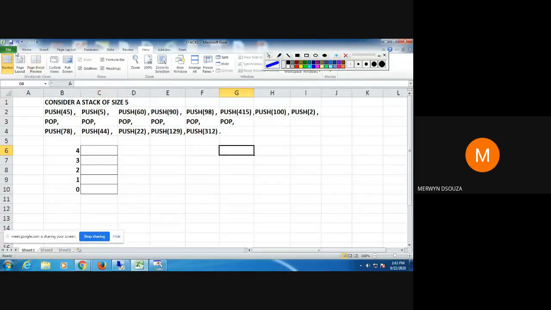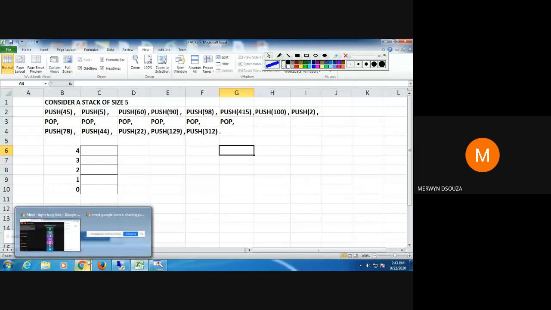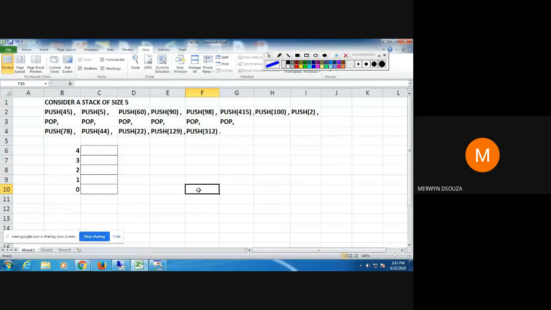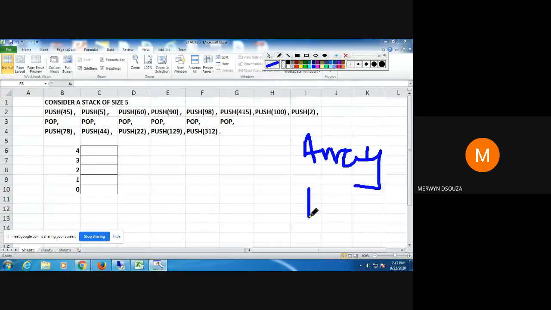Okay, everyone has written. I'll show you now how the stack operations work. It's pretty simple. Your stack can be implemented in two ways, using an array or using a linked list. What we are studying right now is using arrays. The concept of stack for both is the same, and the operations that can be performed are also the same, push and pop.